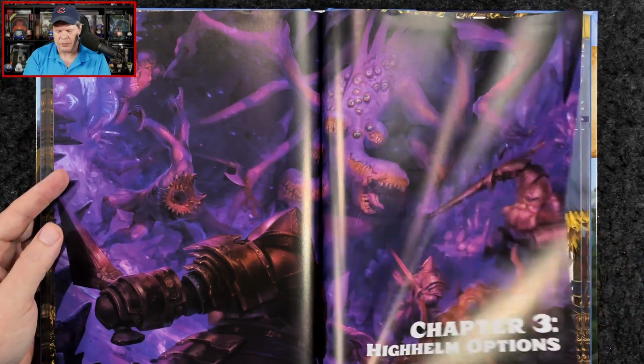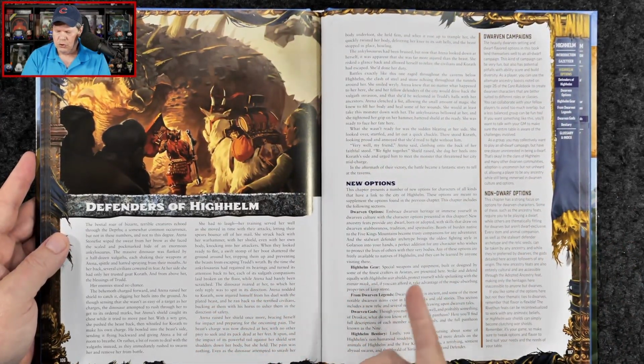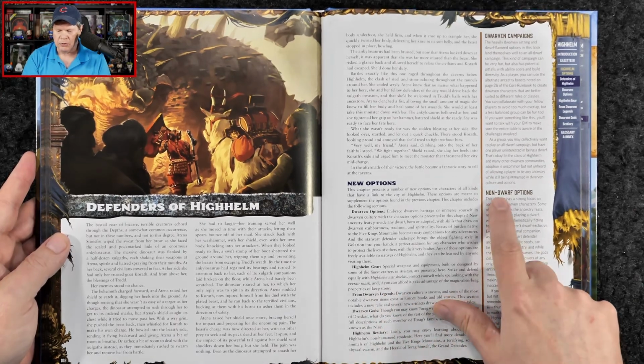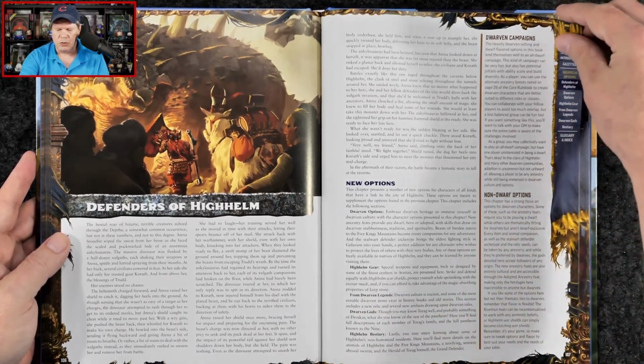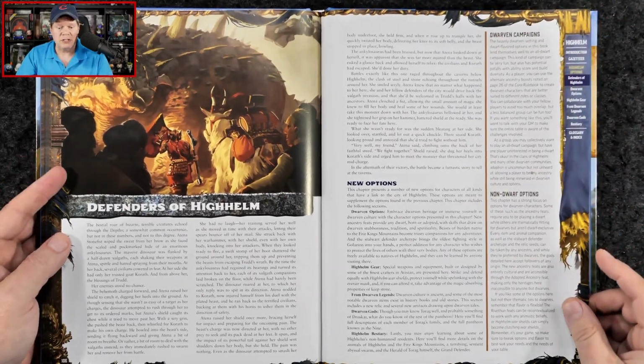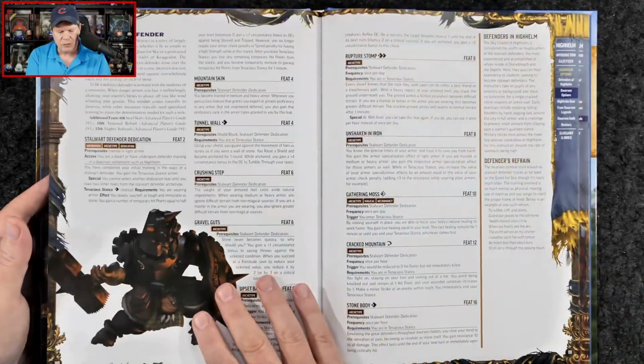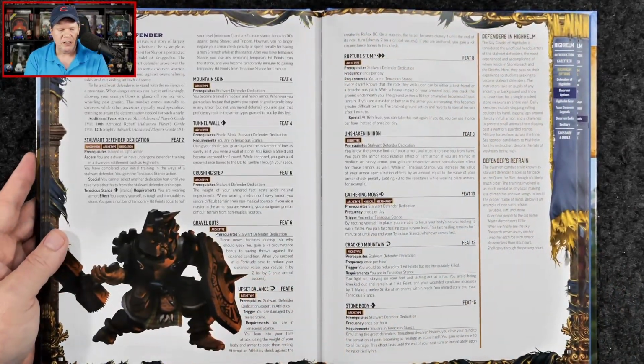This is our final chapter. So we have new dwarven options. Oh, here we go, some non-dwarf options. We can have dwarven campaigns, which, as I previously mentioned, I do believe the next adventure path, which should be kicking off in July,